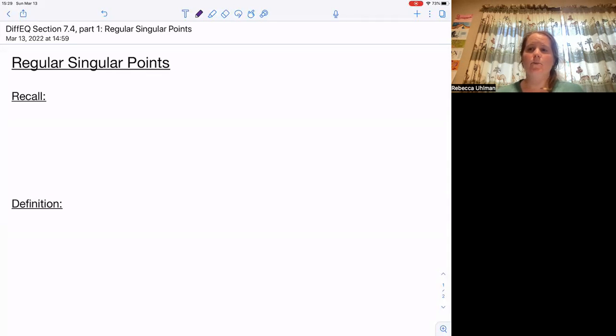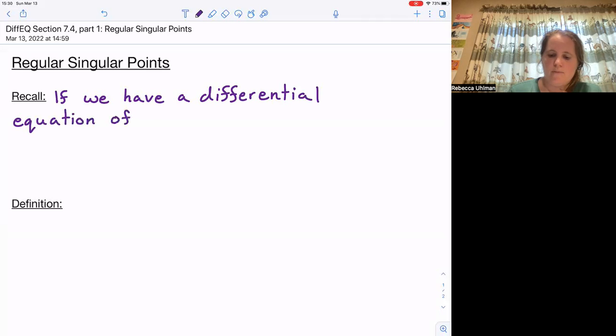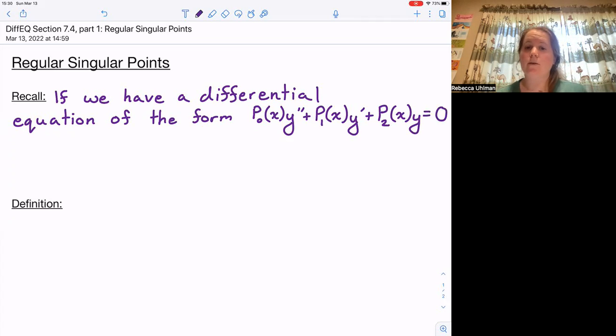Welcome to regular singular points. So recall, if we have a differential equation of the form P0 of x times y double prime plus P1 of x times y prime plus P2 of x times y equal to 0, where P0, P1, and P2 are polynomials,